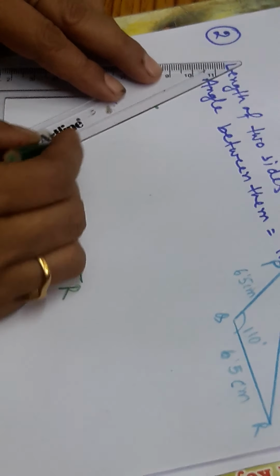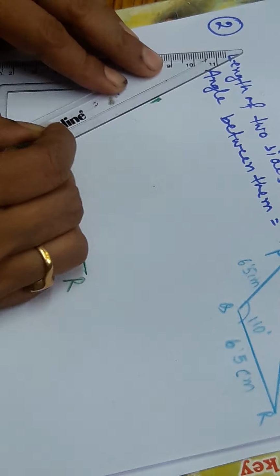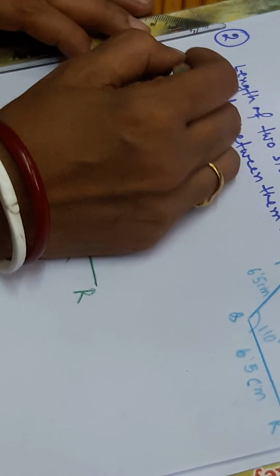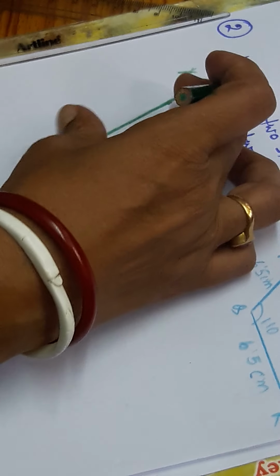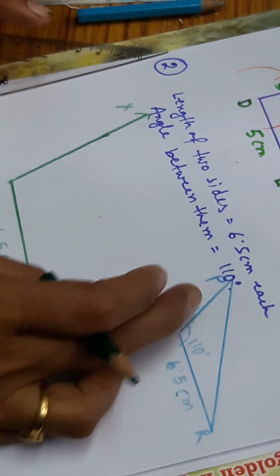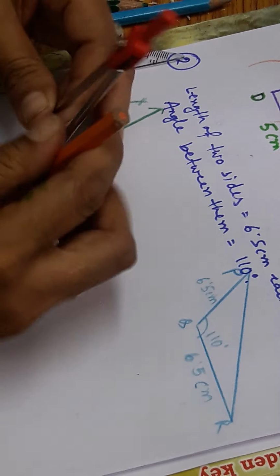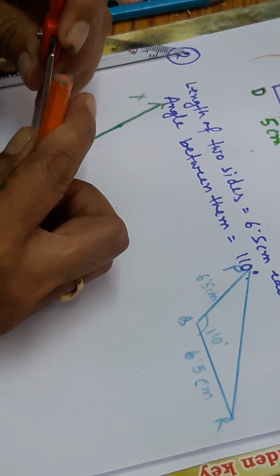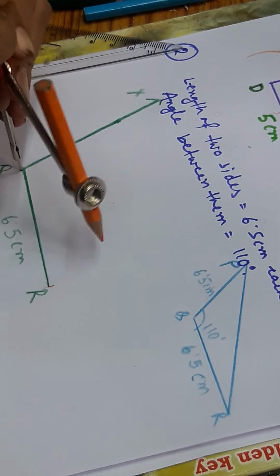I will join this point, because I need an angle of 110 degree. So what you have got, that line you can name QX or anything, because it is a ray only. It does not have any fixed length. It can be extended to any end, but as per the question we need a triangle, and for that we have a fixed length. So how will we get that fixed length? I have to measure 6.5 centimeter, yes, because it is an isosceles triangle, na?